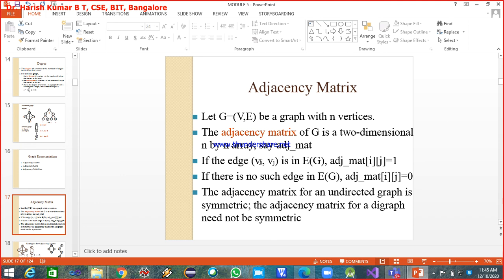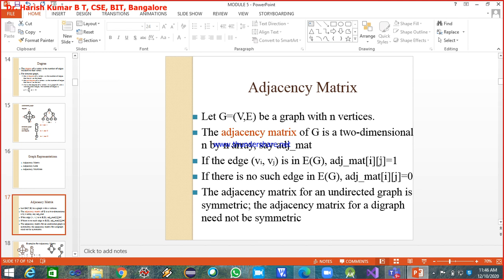Now, if the edge (vi, vj) is in the set of edges that belongs to the graph G, then we add 1. The corresponding element inside the adjacency matrix is made 1. Say from vertex Vi to vertex Vj, if there exists an edge in the set of edges that belongs to the graph G, then we make the corresponding row and column value inside the matrix 1. Here i is the row and j is the column.